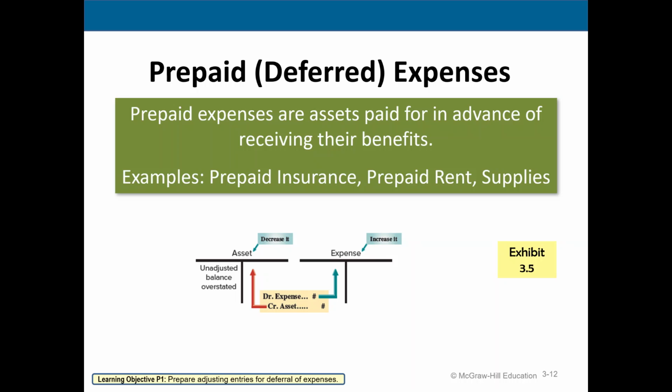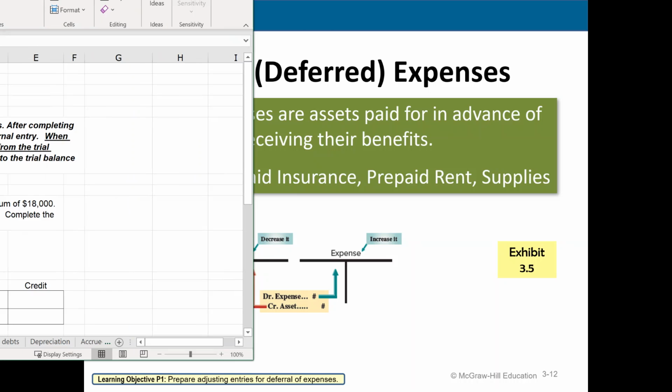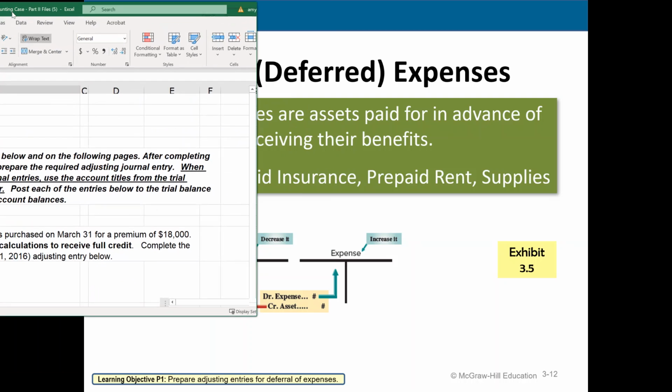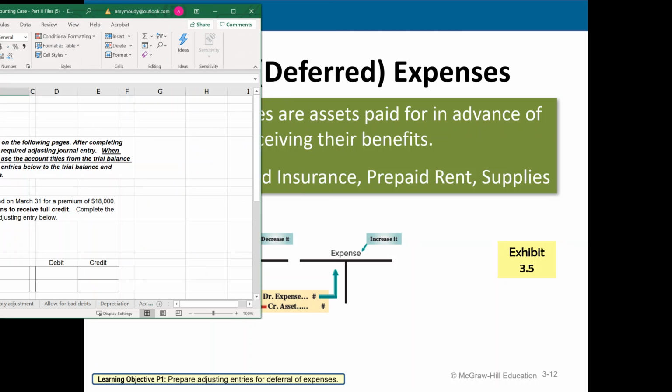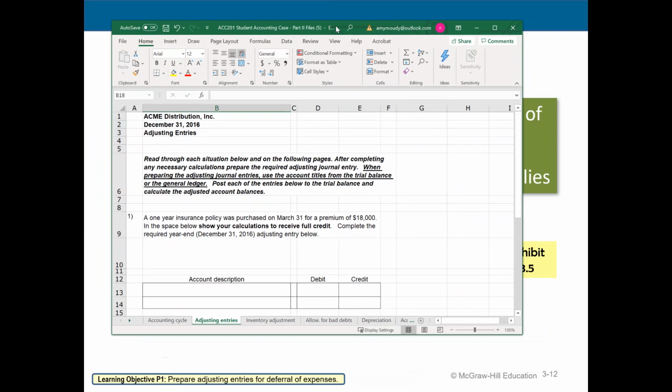Hi everyone. So the first thing that you should do is watch my earlier video to make sure that you have checked the values on your unadjusted trial balance from part 1 to make sure those are correct. And then you're going to move on to, let's see if I can get this up here, part 2. Now with part 2, which is thoroughly stuck between my two screens, you're going to be working with adjusting journal